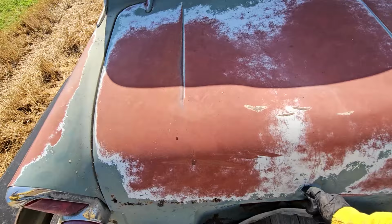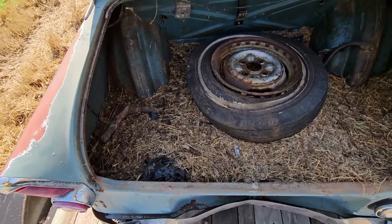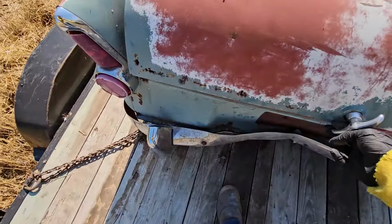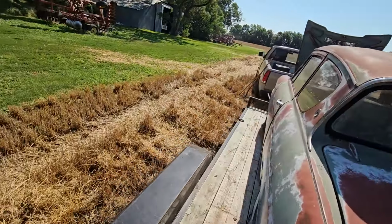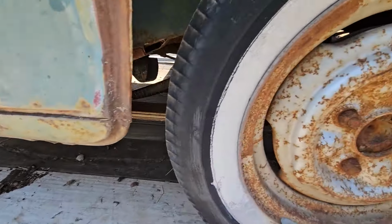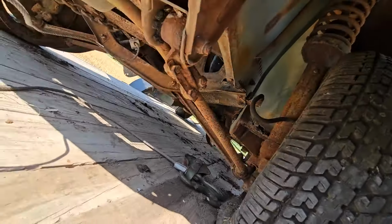Now, here's our first problem. It does come with the spare. Nice. And a lot of stuff in there, but they had all the batteries and stuff back here. Oh, that's hilarious. I just saw this. I gotta find a stick. On off switch there. These were rear wheel drive. It's a rear leaf spring car right there, 4 lug, and up front, I don't remember, it is an independent